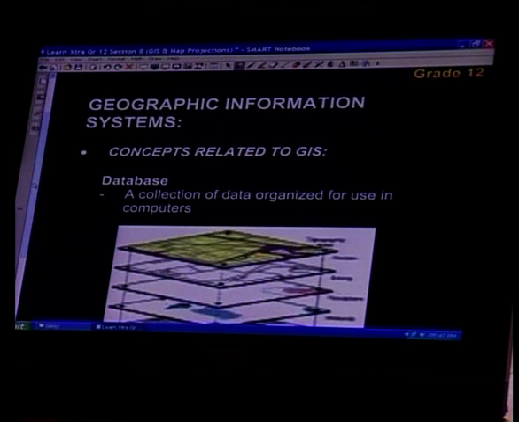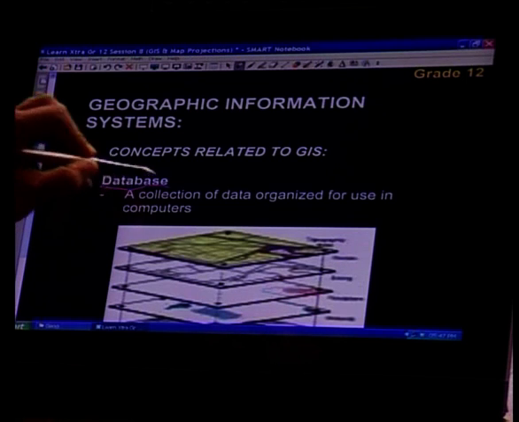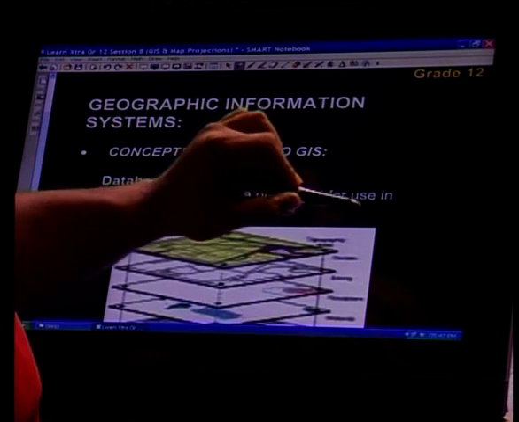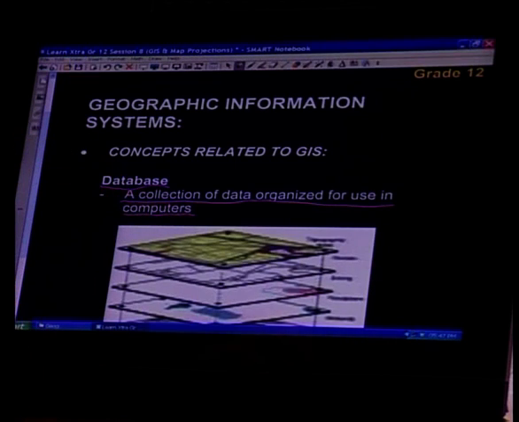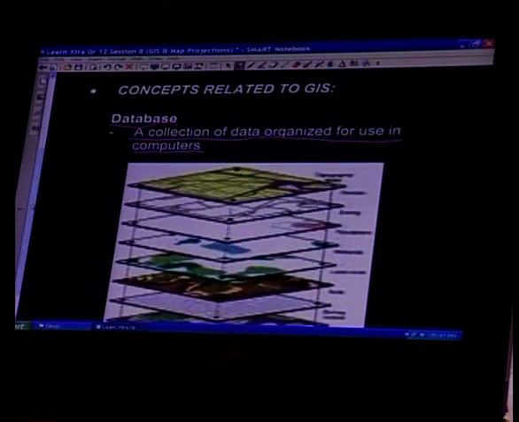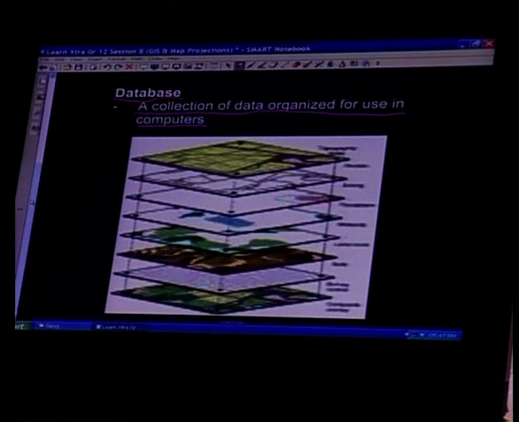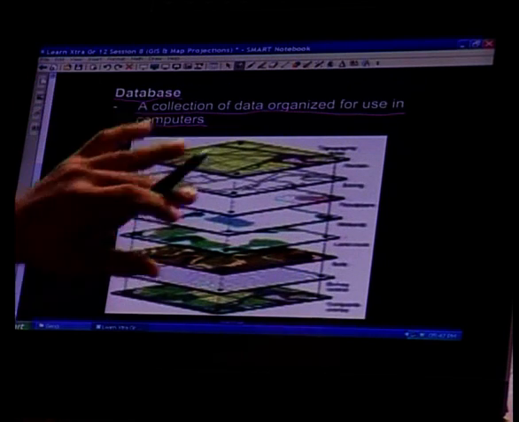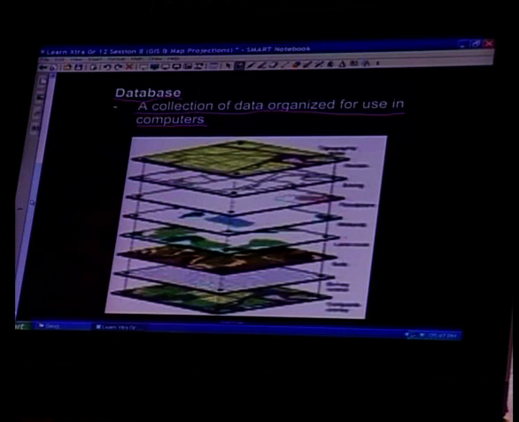Next one, database is the next concept. It's a collection of data organized for use in computers. Okay? This image came a bit blurred, all right? But you can see then we can also say that the resolution is not very clear here, all right? But I could use various